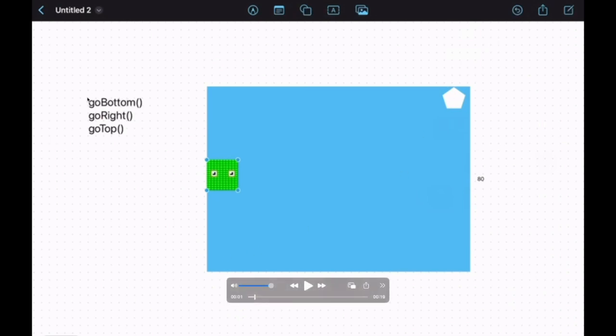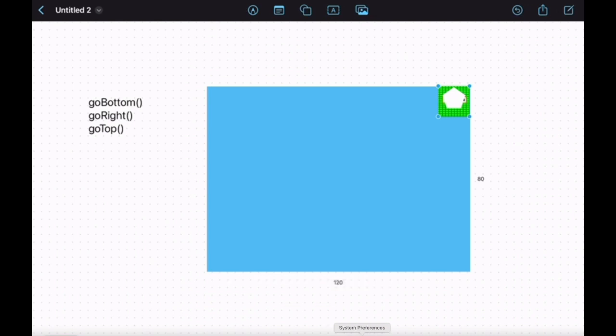We see here 3 commands already: go bottom, go right, and go top. Let's try to execute them. So our character goes bottom, stops, now goes right, stops, and then it goes to the top. So the problem is solved.